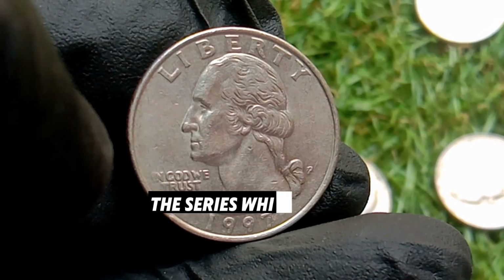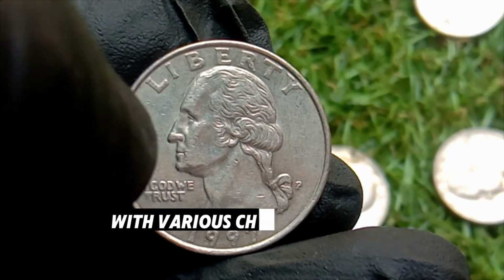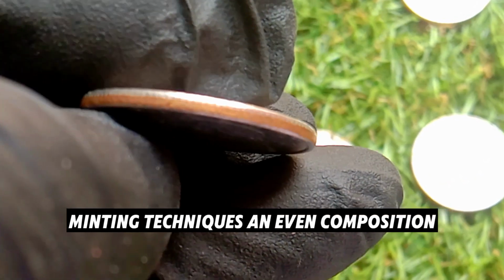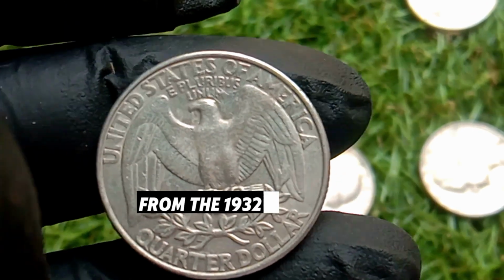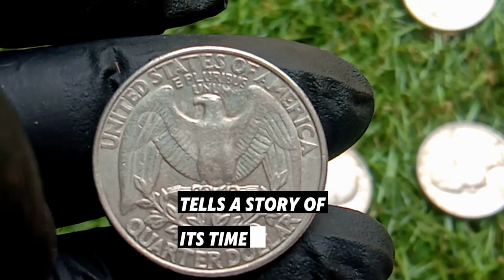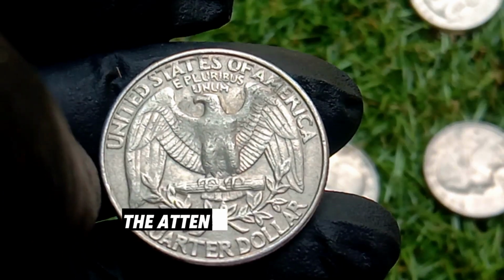The series, which began in 1932, has evolved over the years with various changes in design, minting techniques, and even composition. It's a series that speaks to the evolution of American coinage, and each coin, from the 1932 through to the modern-day issues, tells a story of its time. With that in mind, let's move on to the next coin that has caught the attention of collectors, the